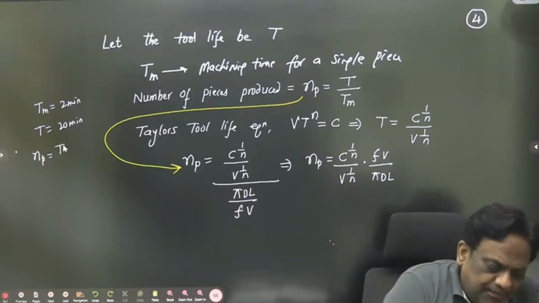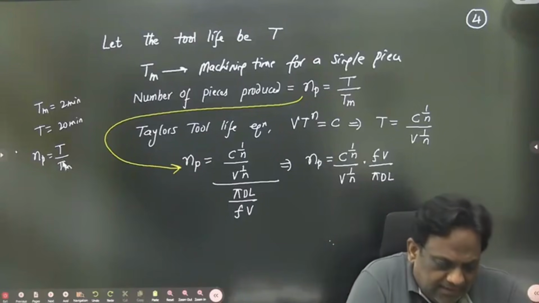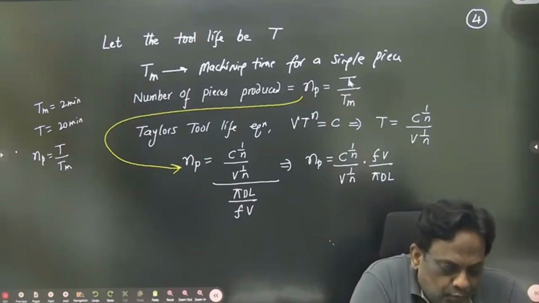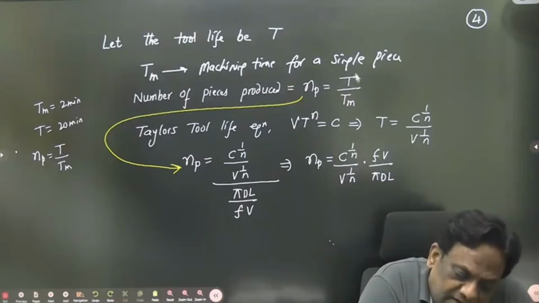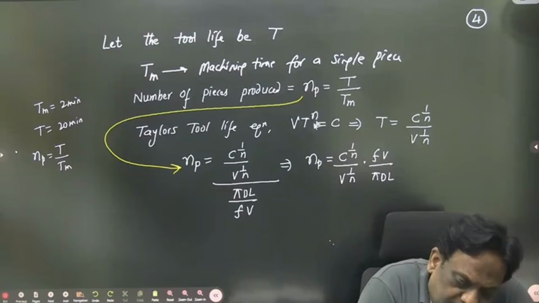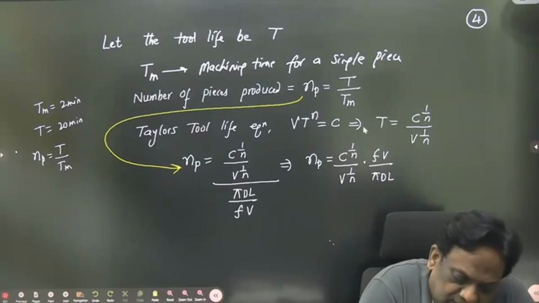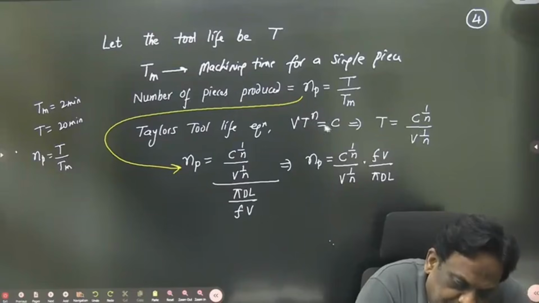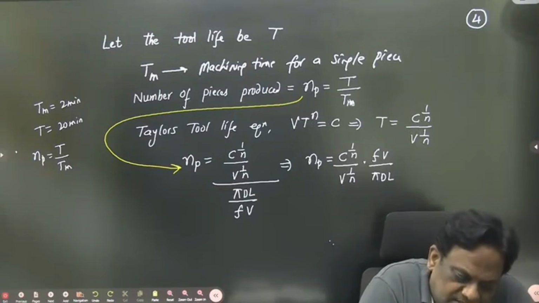How did you get 10? 20 by 2. So therefore it is capital T by Tm. So वही तो किया sir. Capital देखो इधर capital T by Tm. Tool life is given by V T power n is equal to constant. T is tool life. The tool life can be obtained from Taylor's equation, V T power n is constant. So T is equal to C by V. देखो T is equal to C power 1 by n, V power 1 by n. T आ गया. Already machining time is over.